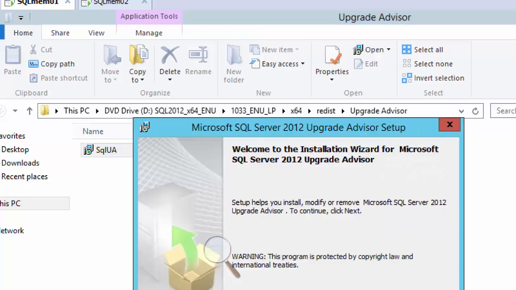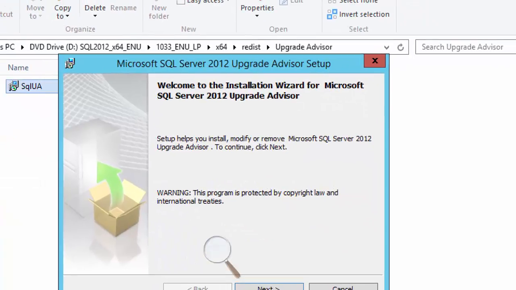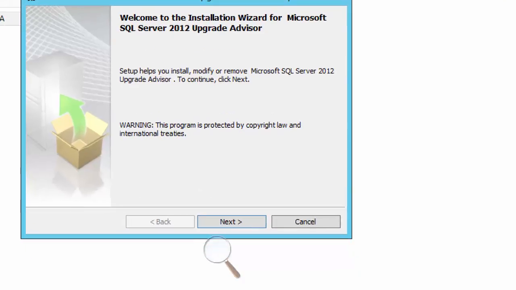While we are running this, if I double click this SQL UA, which is Upgrade Advisor, setup helps you install, modify or remove 2012 Upgrade Advisor. To continue, click next.